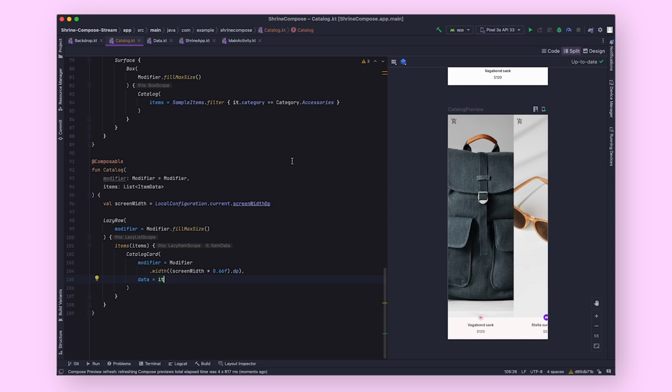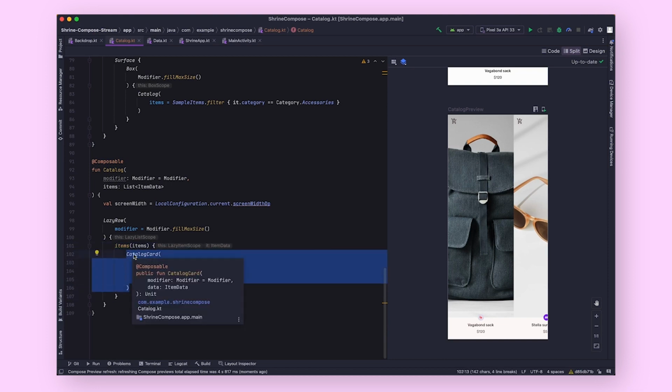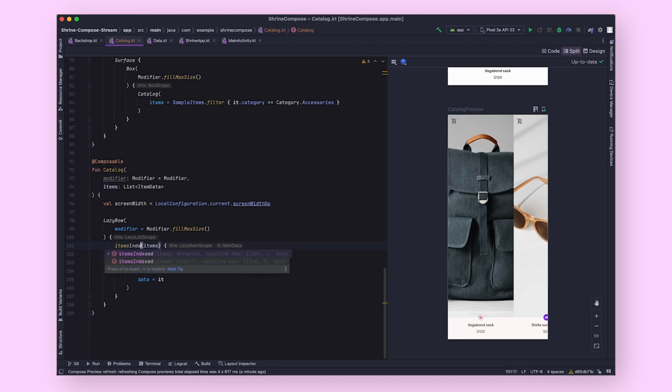So the thing about lazy row is the way it builds every item, in this case with items, is that it's always going to use whatever code is here to build the next item. And so, how are we going to do it so that it builds one layout on the even index and then another different layout on the odd index? So one thing we first can do is, there's an actual items indexed method you can use instead. And so here, item,